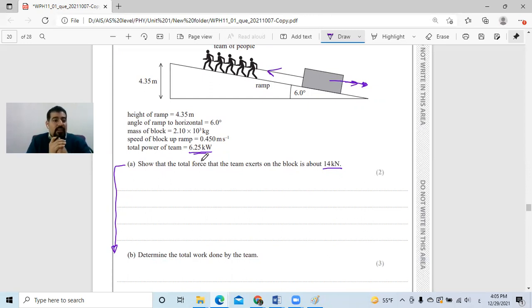Some people started sending me answers saying that since they are talking about the total power, let's say that it's instantaneous power and we have the speed, so we will say that power equals